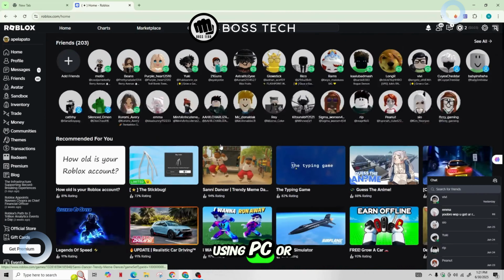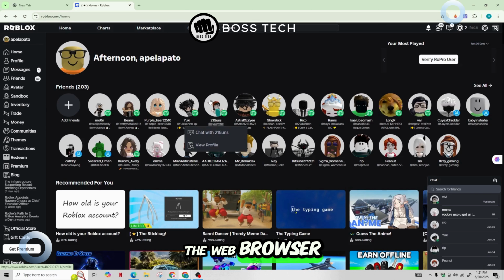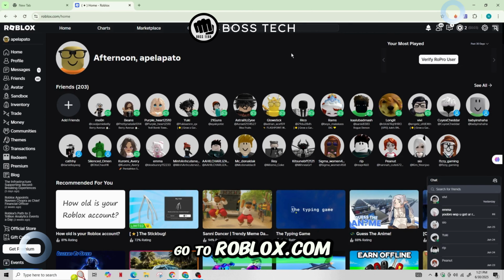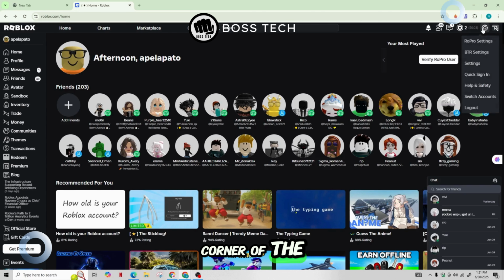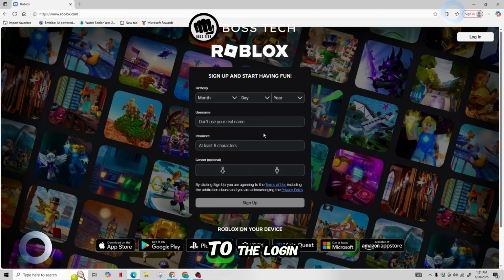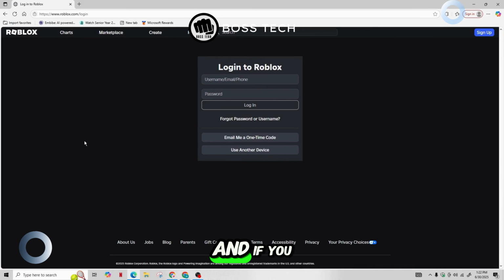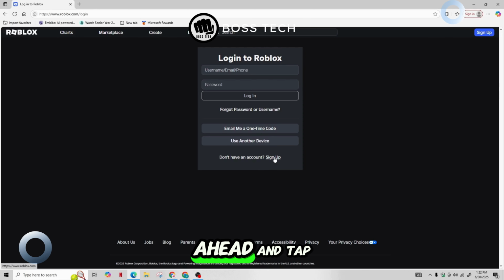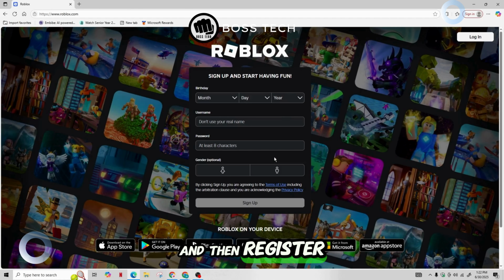But if you're using PC or the website or the web browser, go to roblox.com, log into your account, and click on the gear icon in the top right corner of the screen. Then click on log out, which is below the switch account option. After this, you will be taken to the login page. You can log into your account by tapping on login in the top right corner of this screen, and if you do not have an account, you can go ahead and tap on sign up